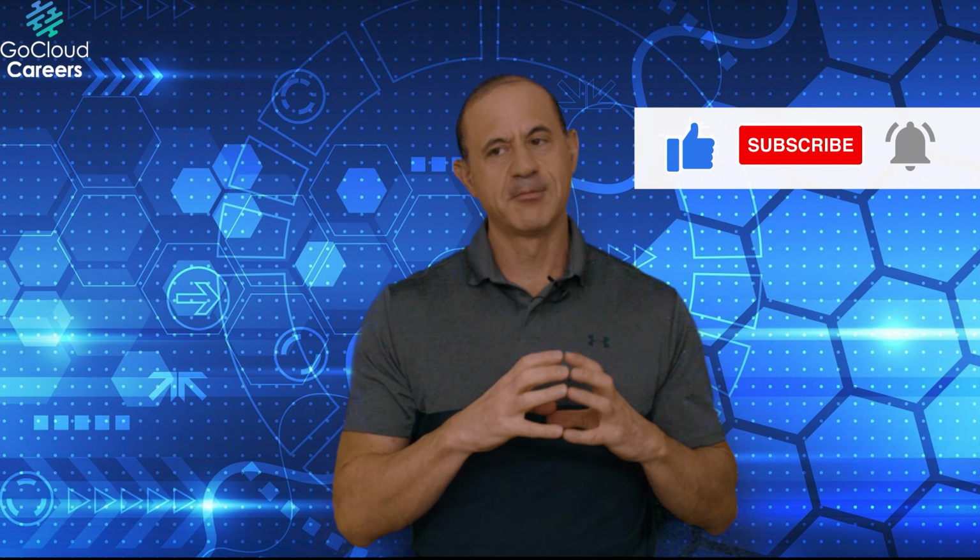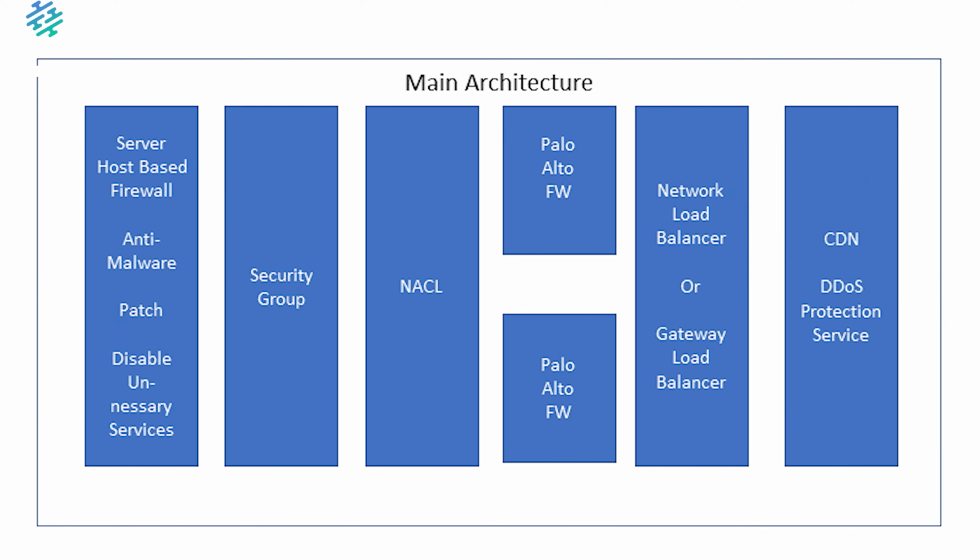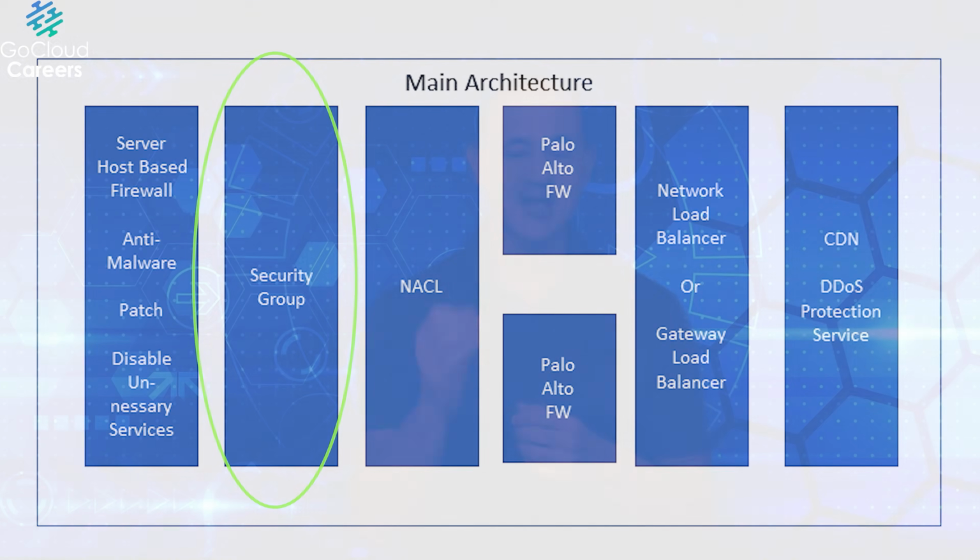With most cloud providers, you have the ability to secure your virtual machines. AWS has something called the security group. All the cloud providers do. So the next thing we're going to do is protect our servers with security groups, which are basically a firewall on the way in, and they're typically stateful. So now we've got to get past the CDN, our firewalls, our IDS, IPS systems, our network access control list, and our security groups.